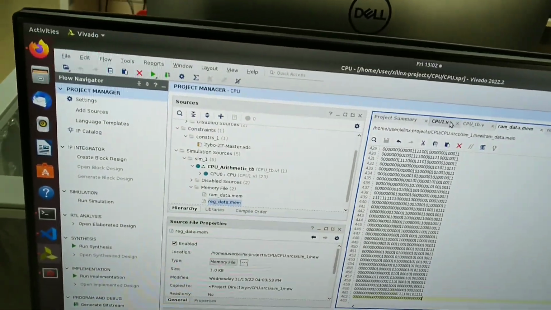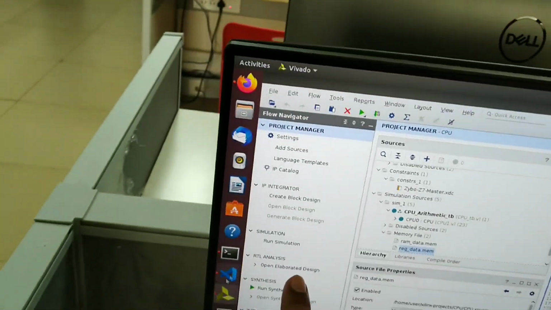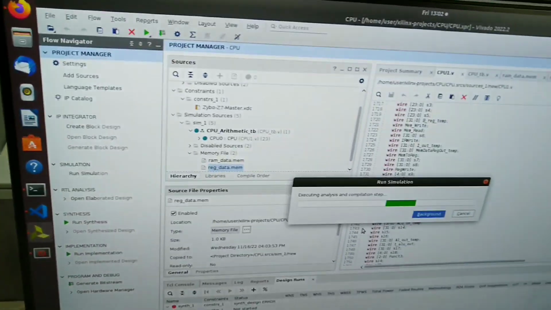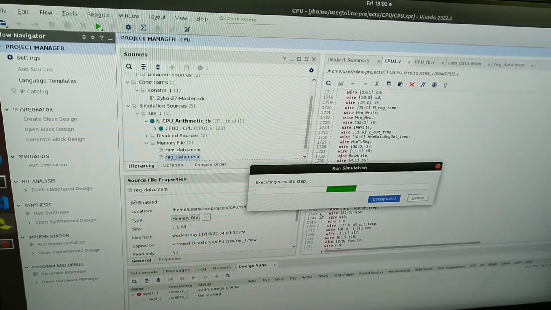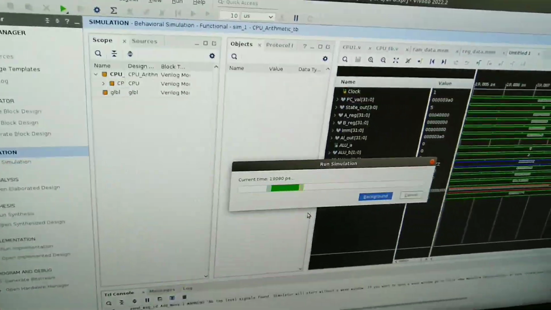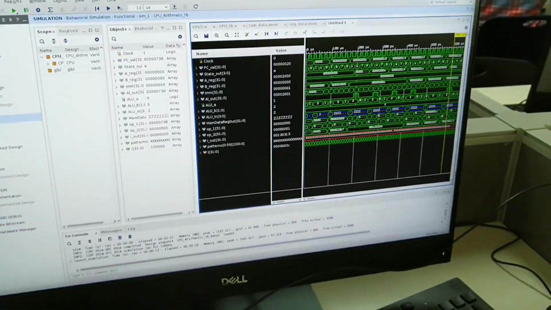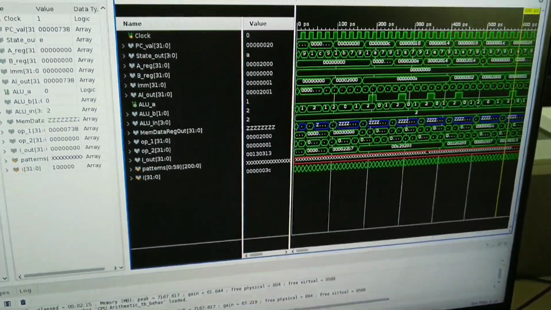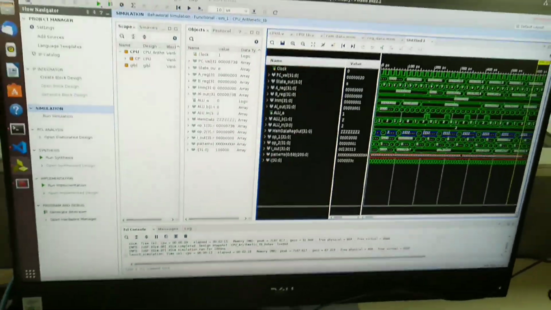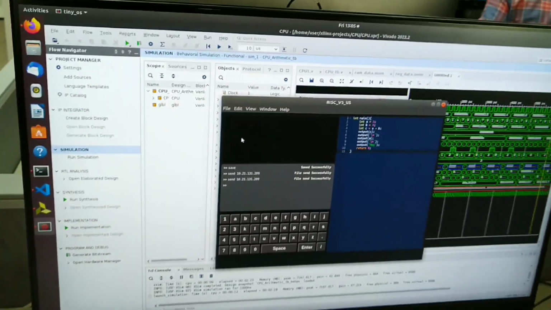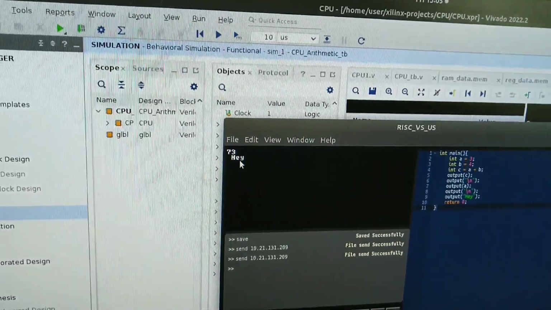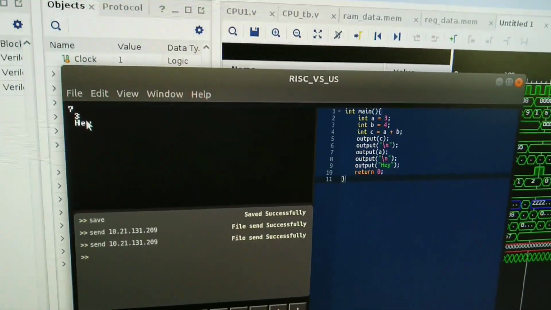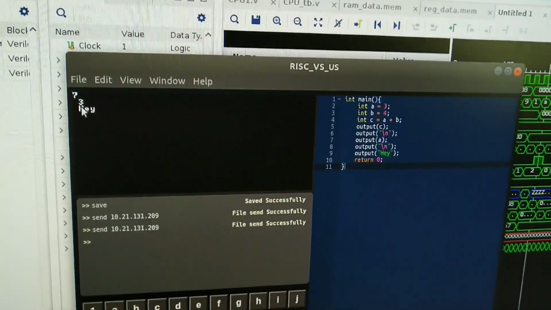So now if we go to the simpute.v code, we can see this is the code, and now we will run the simulation. The simulation will take some time to run. Now the simulation is completed, and we can see the input and output values of the CPU.v5. If we go to the terminal and get the output of the code that we ran, here 7 is the output of A plus B, and 3 is the output of A,